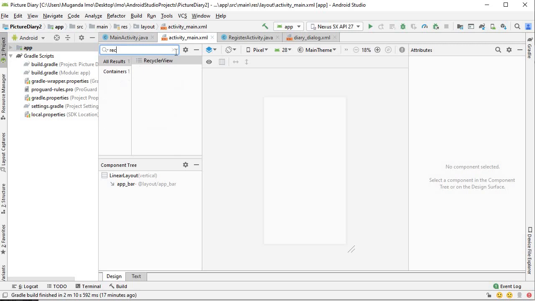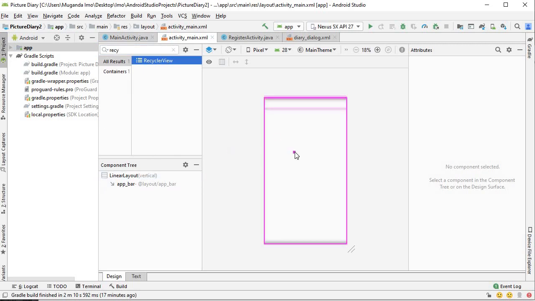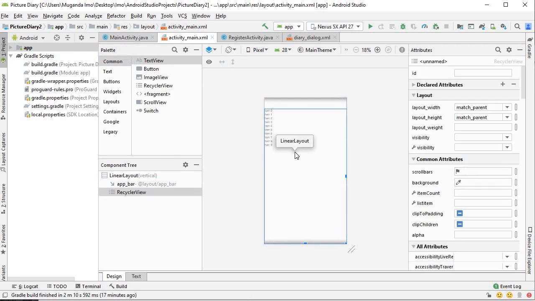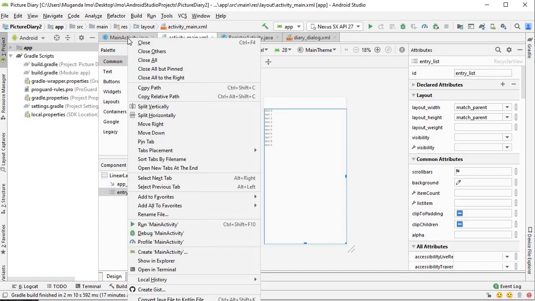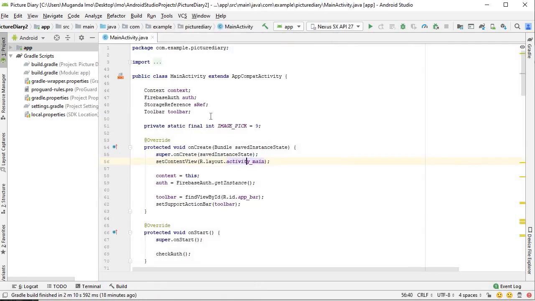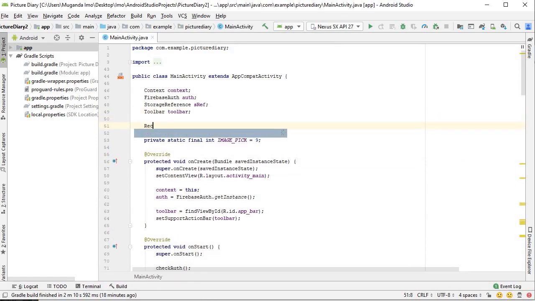So I'll just search for it in this bar, and I'll drag it into my design. We'll call this entry list, and back in main activity, I'll just go ahead and initialize it. Recycler view, oh no, let's call it entry list,